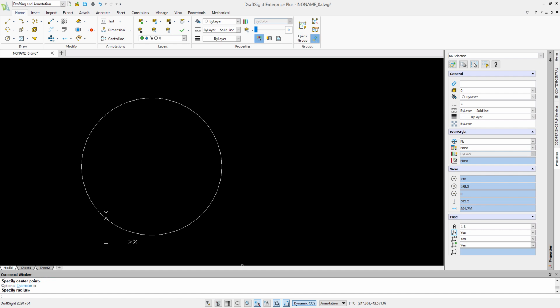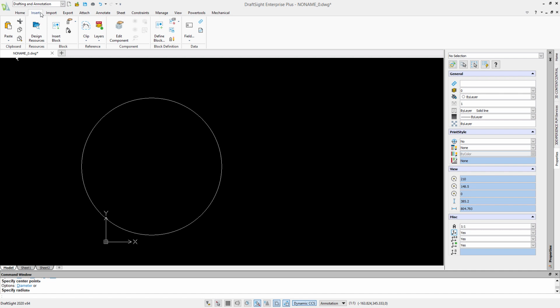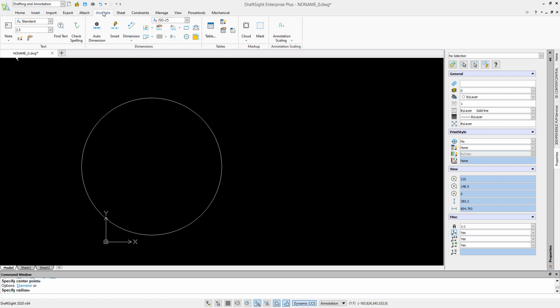At the top of the screen, we have our tool ribbon. This is similar to many applications you may have come across, and it groups the commands into various tabs. Home tab contains most of the standard options. Insert if we're looking for blocks. Annotate for a full list of dimensioning and annotating tools, text and so on.